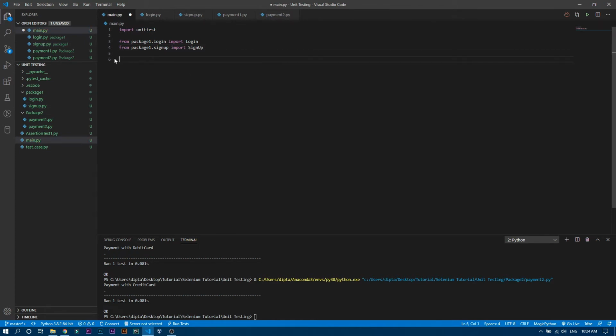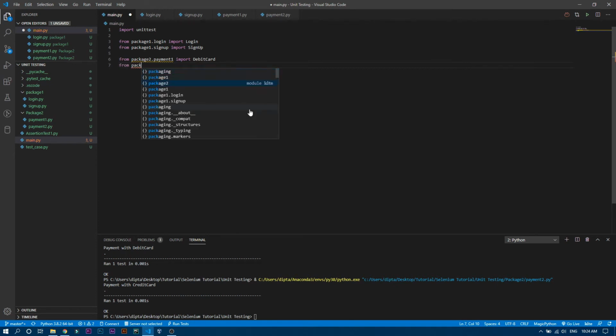So now we have to import payment one and payment two, so we just need to write from package two dot payment one import, the class name is DebitCard, import DebitCard. Okay, similarly from package two dot payment two import CreditCard,